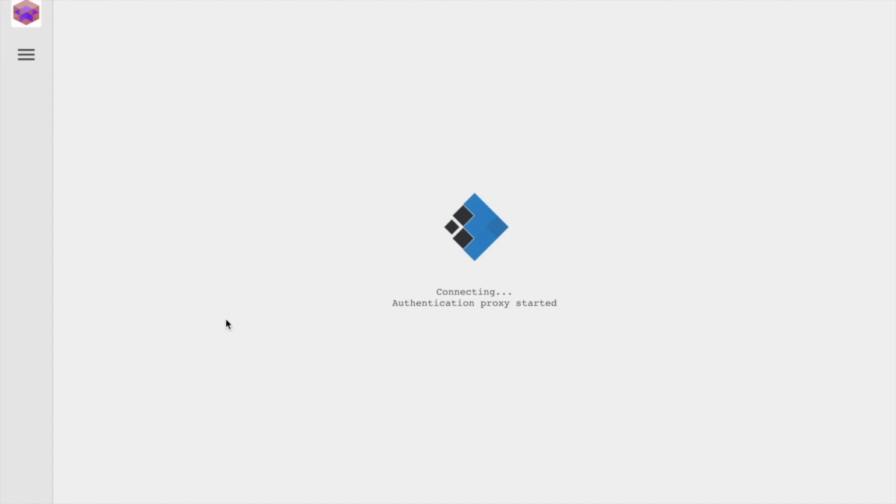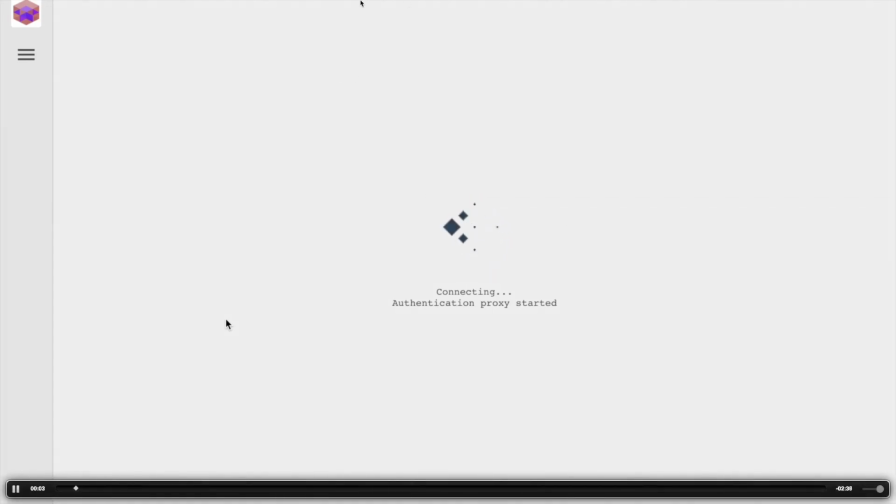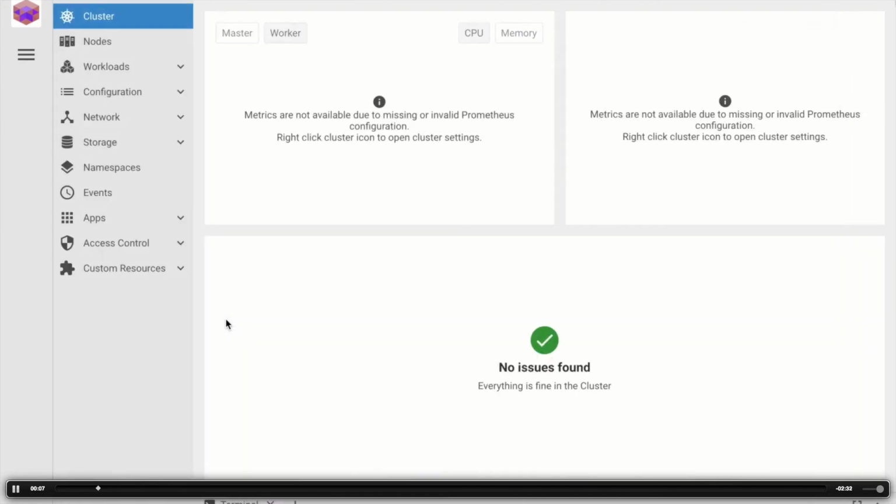We've run the command to configure the Kubernetes CLI. But today I'm going to be using this fantastic desktop app called Lens. If you haven't heard of it, I suggest you check it out. It gives you all of, if not most of, the functionality of the Kubernetes CLI, but in a desktop app that's much easier to understand. So let's connect to our cluster. Here we go, we're connected.